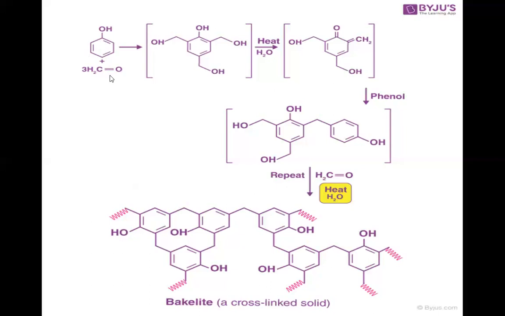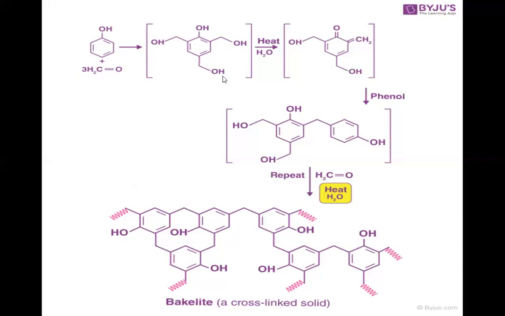If the phenol and formaldehyde are in the ratio of 1:1, we get only monomethylol phenol. That means only one substitution will be there. Or if the phenol and formaldehyde are in the ratio of 1:2, that means 1 part of phenol and 2 parts of formaldehyde, then a disubstituted